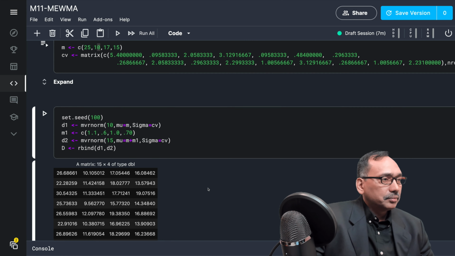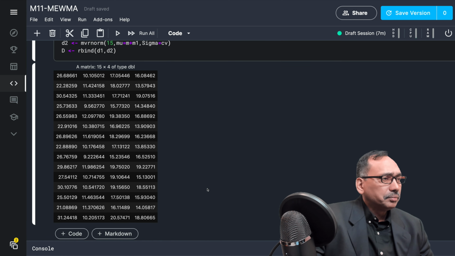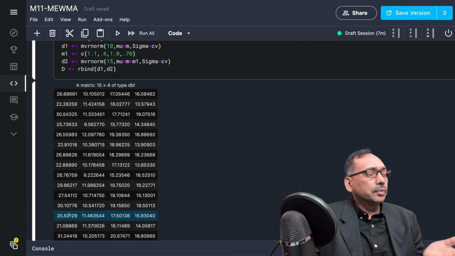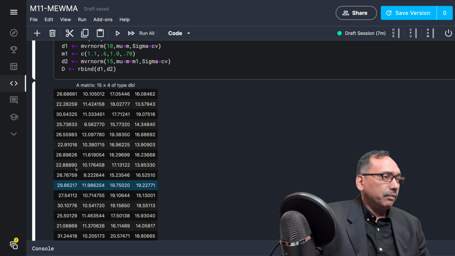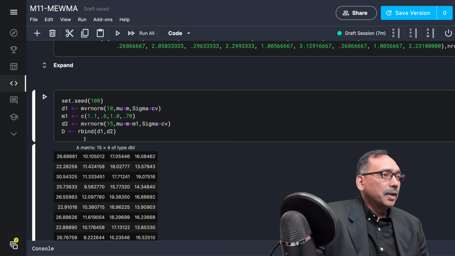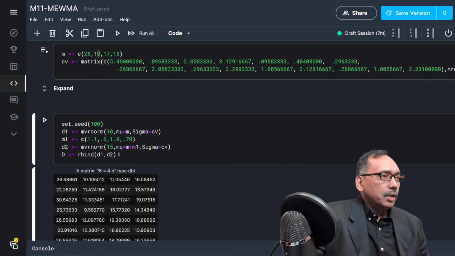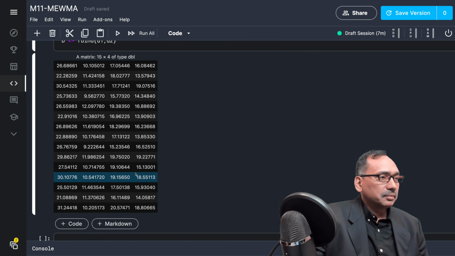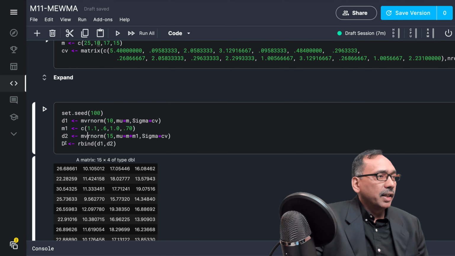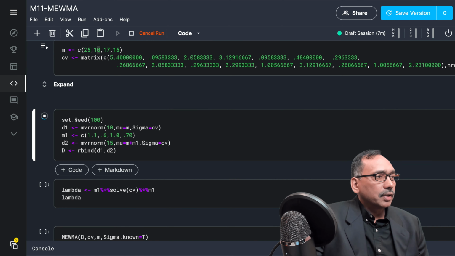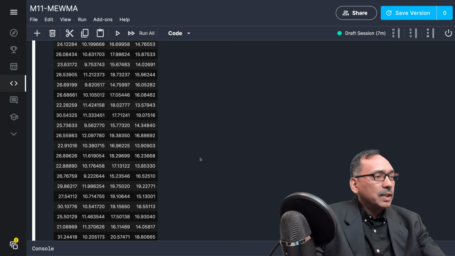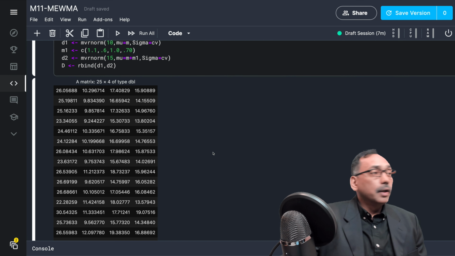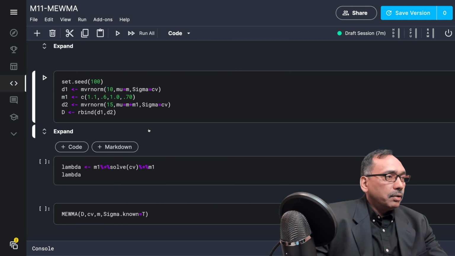If you run that, you can notice that the values are slightly higher than 25. Similarly, even the third one is slightly more than 17 most of the time. So that's your 15 rows. And then when we combine the two into one data set, now you have 10 plus 15, 25 rows. That's our entire data that we are going to use.